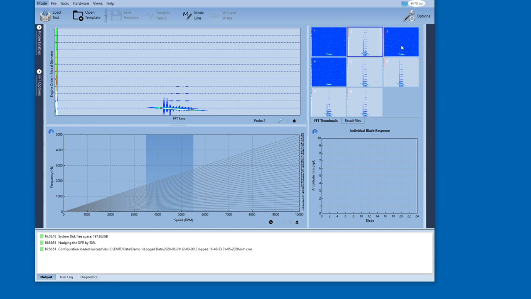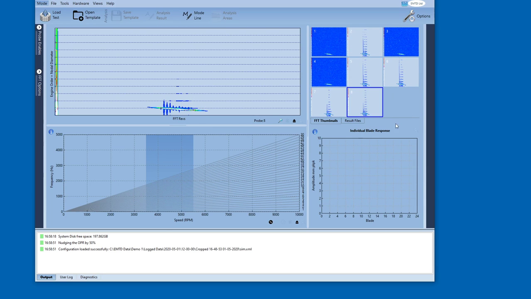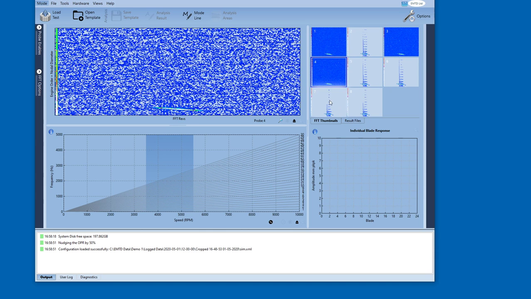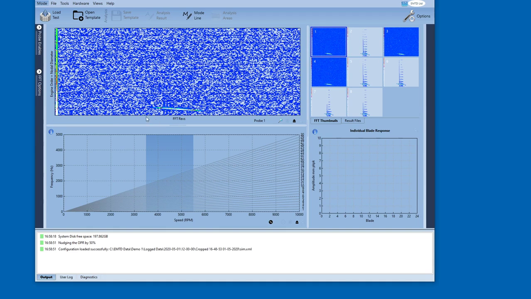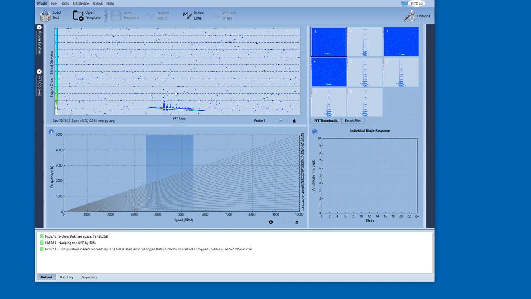So 8 probes, 1, 2, 3, 4, 5, 6, 7, 8. If you click on one of these probes, you'll get it displayed on the main probe. So going back to the main display, I go to probe 1, and obviously analysis uses all the data from all the probes to do the analysis. So if you adjust the amplitude with the mouse wheel,